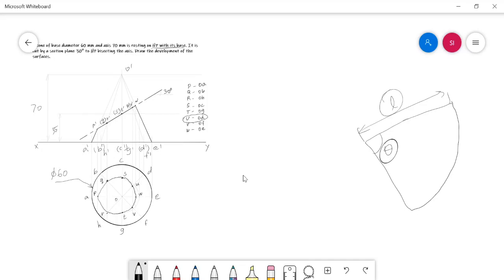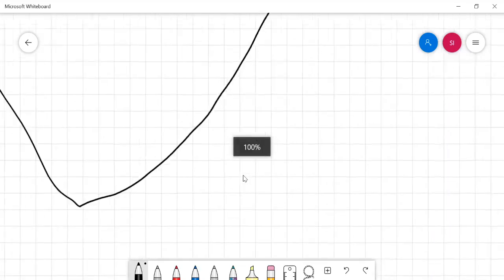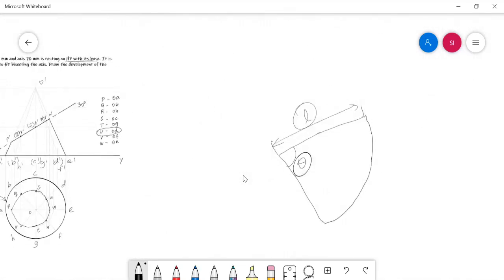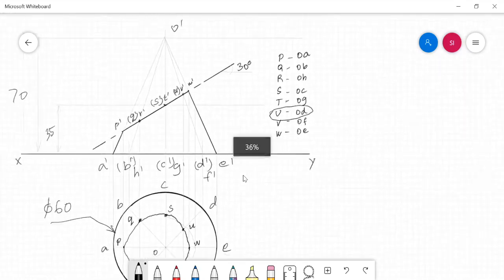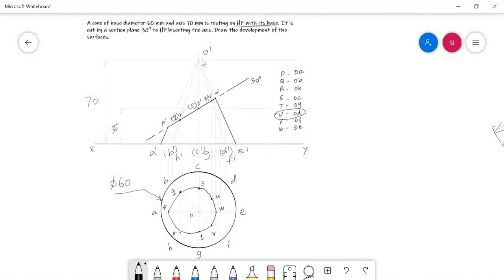For that purpose we need to find out the theta value first, because the L value is nothing but the true slant generator length of the cone. In the case of a cone, the extreme generators show the true length of the generator, here OA and OE. Both of them are parallel to the XY line in the top view, so surely they will show their original length in the front view.